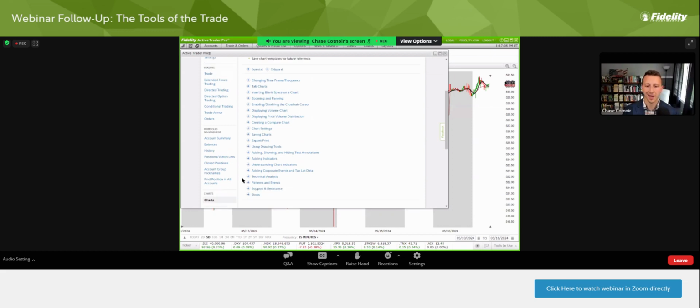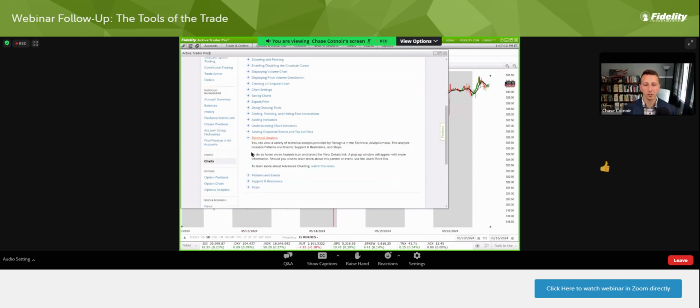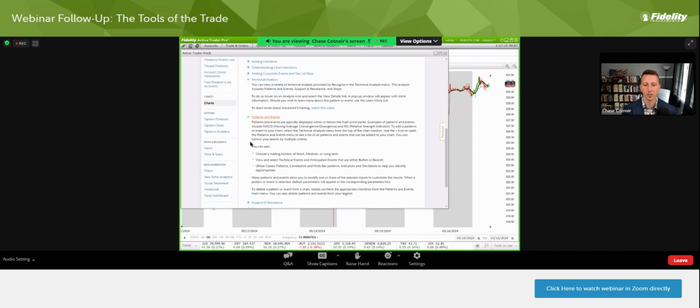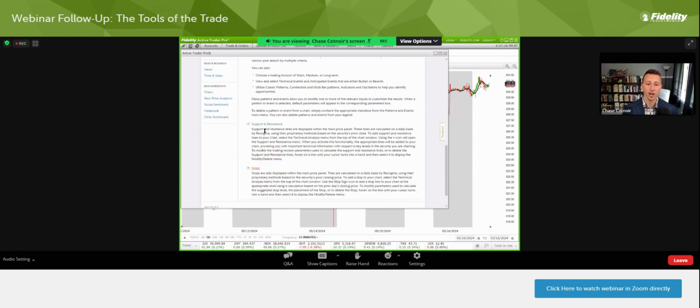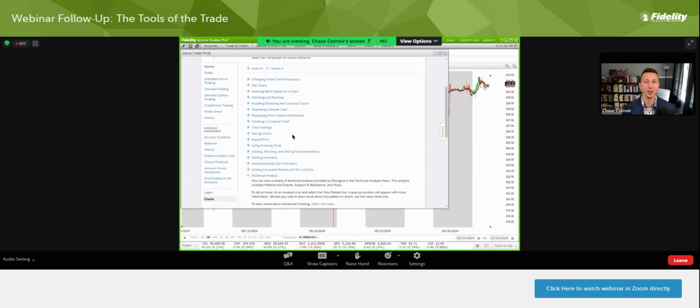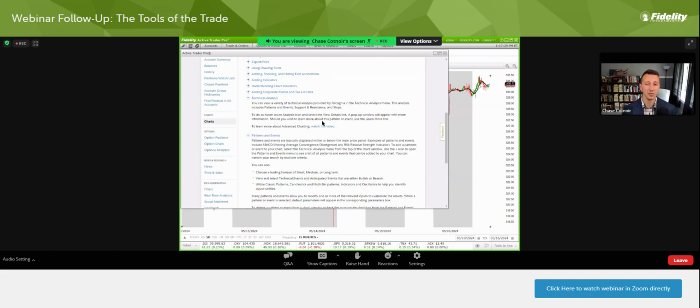So when it comes to the patterns and events or the Recognia type tools, which fall under the technical analysis category, anything that we click the plus sign for is going to have some more information about it. Now, I do like to say, honestly, this is the one helpful link that's actually pretty good. Like most websites, it's like, oh, you need help. You click on it, and it's some ridiculous article that's got really nothing inside of it. These are usually pretty good. It's going to give you some kind of information that you're going to either want